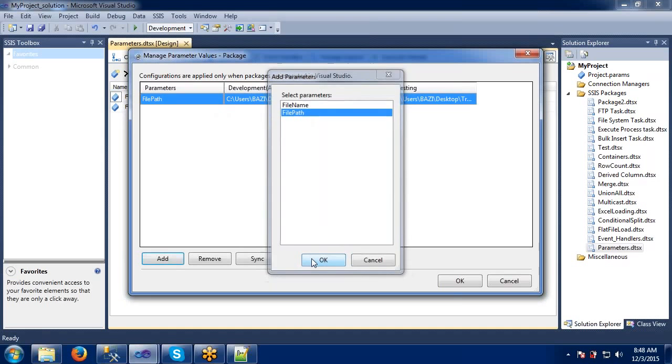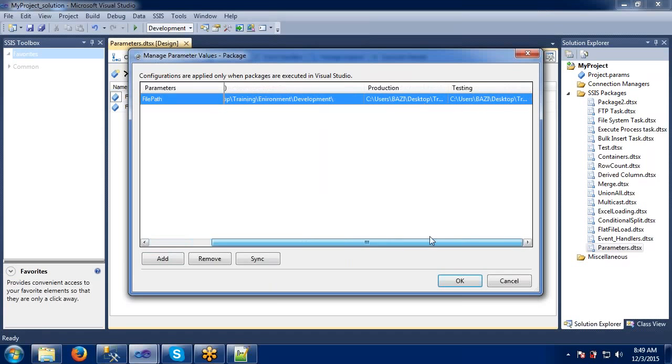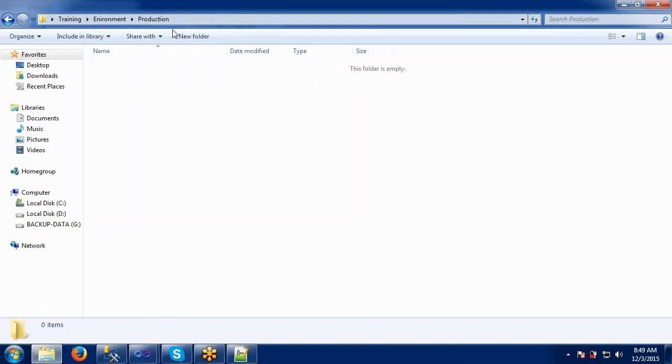Just click on this and it will show all of this here. All the paths are taken care of by default. When we are working in development, my destination folder should be in the development path. Okay, fine, it is working well here. When I am working in production, it has to go to the production path, right? If you see here, what is the production path here? It is development. I will change this to production.